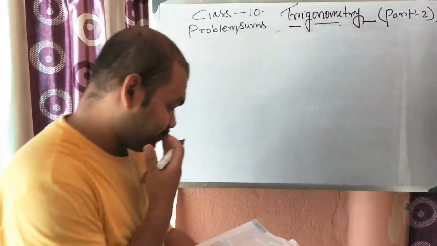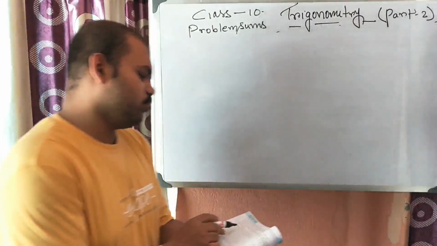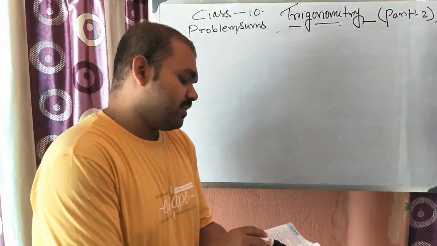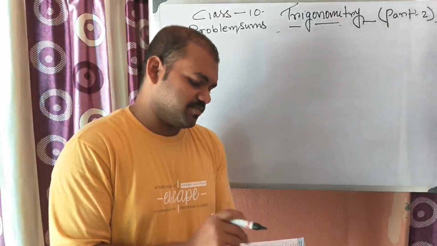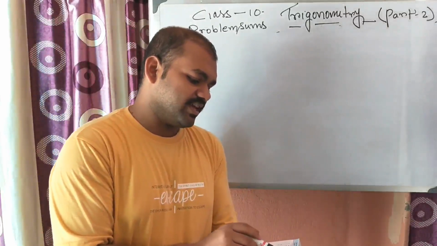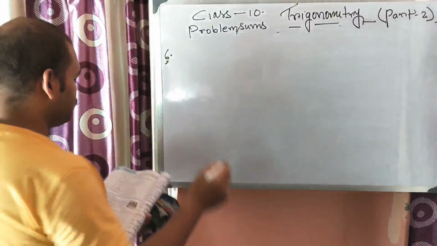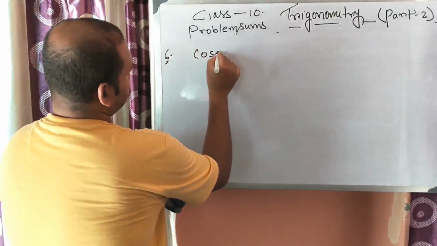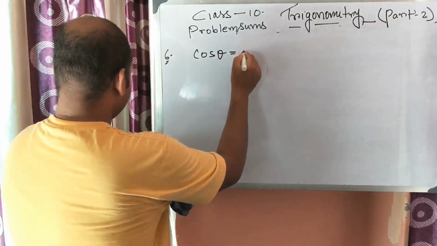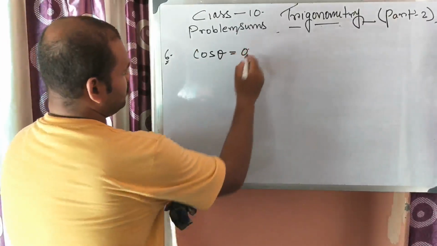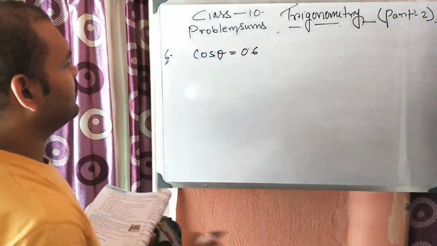So next, another thing: if sin c is equal to 2 by 3, then let us calculate the value of cosec c into cos c. These are the same sums. Cos theta is given, then show that. So I am just doing another sum of this type. Again cos theta is given, cos theta is 0.6. And you need to find out 5 sin theta minus 3 tan theta.